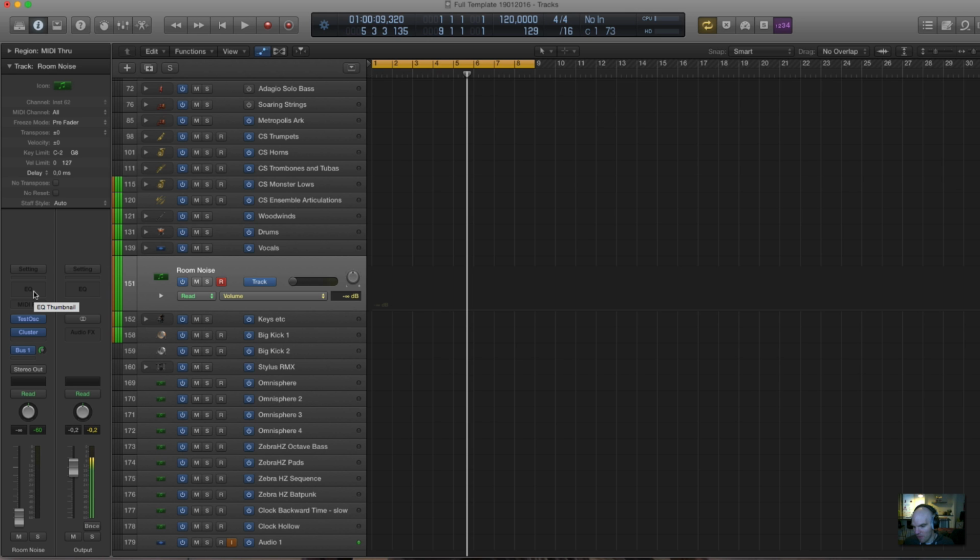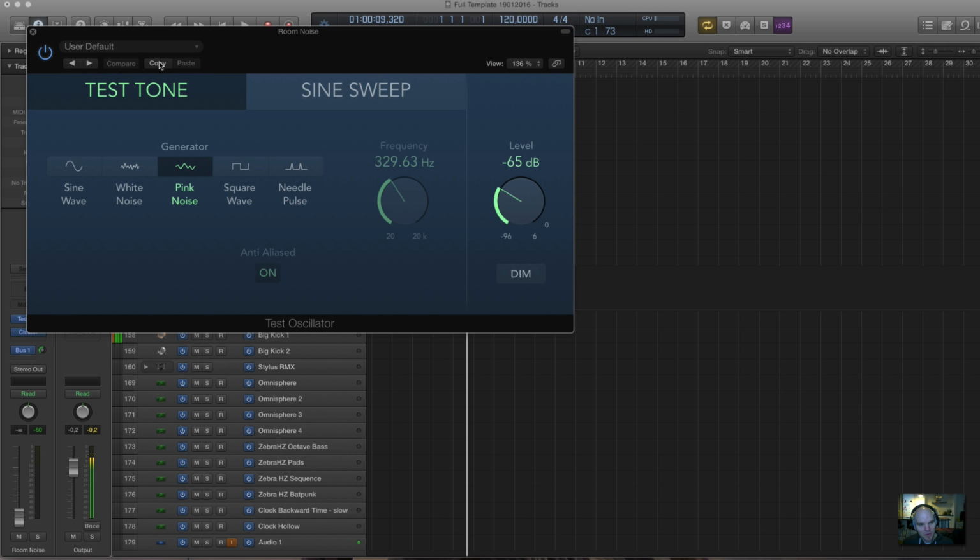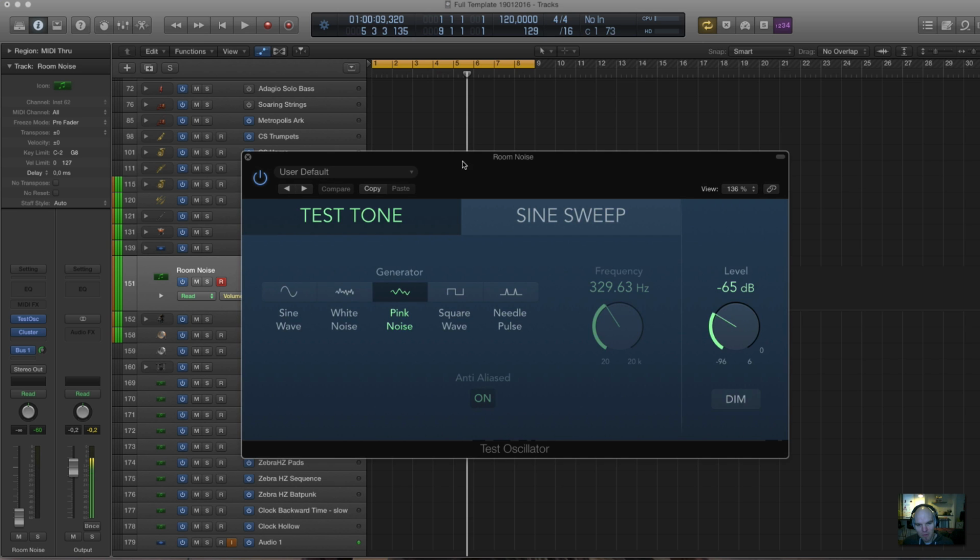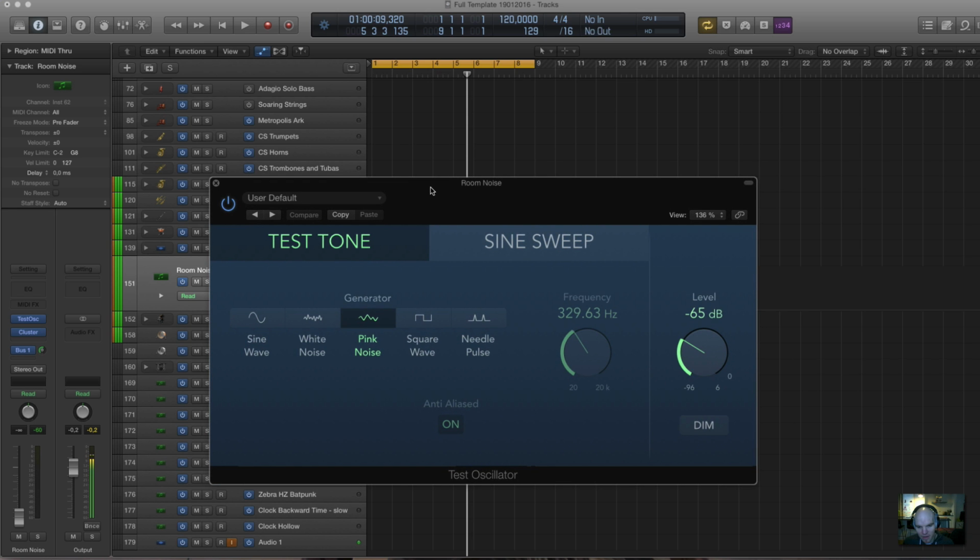Actually, if you own any instrument from Project SAM, you get the room noise from the actual recording of the room completely silent, which is a good thing. But what if you have nothing? Well, in my case, very dead simple. I use a test tone from Logic, but I guess there are other instruments. You can use any ES2 or even a software instrument in Cubase or even Ableton Live, and do the